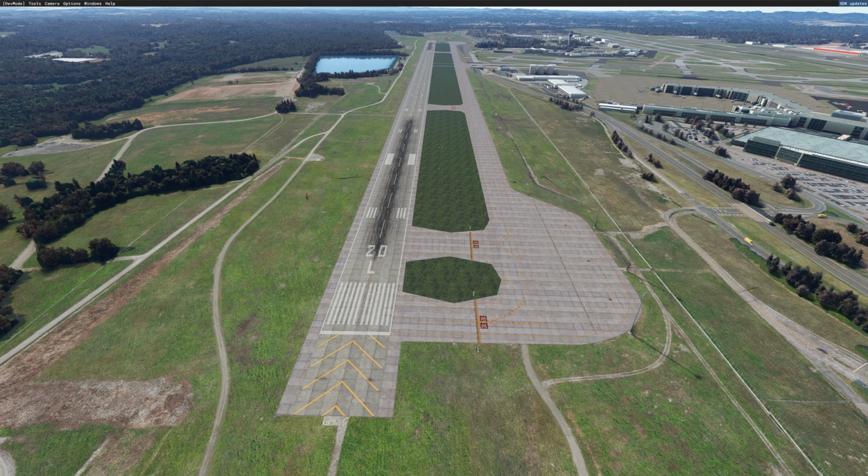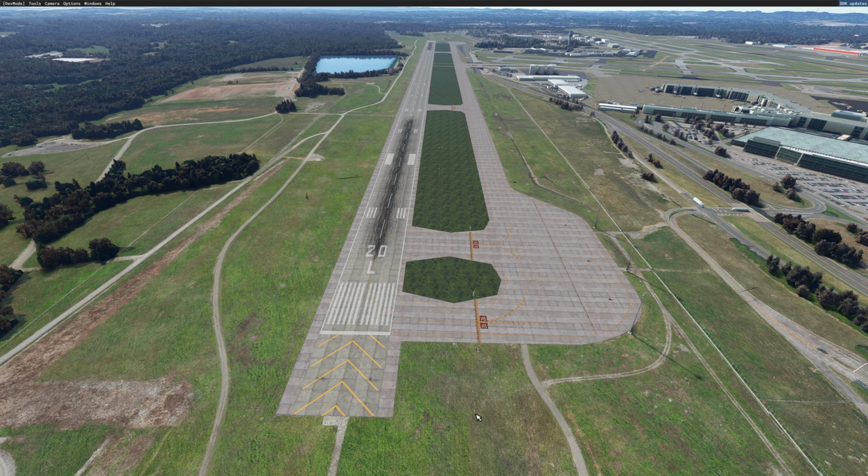Okay, now we're ready to begin. The first thing I want to show you is grass. This is actually payware. The creator did a good job with the runways, the taxiways, start locations, and everything at this airport. However, as soon as I purchased the payware and loaded it in, I was very disappointed with